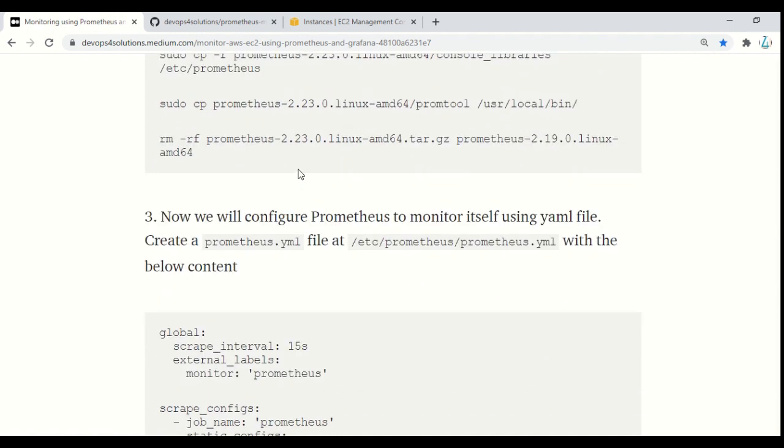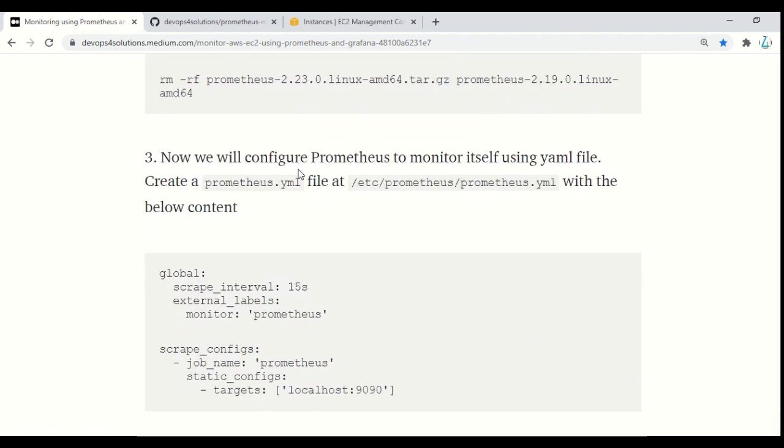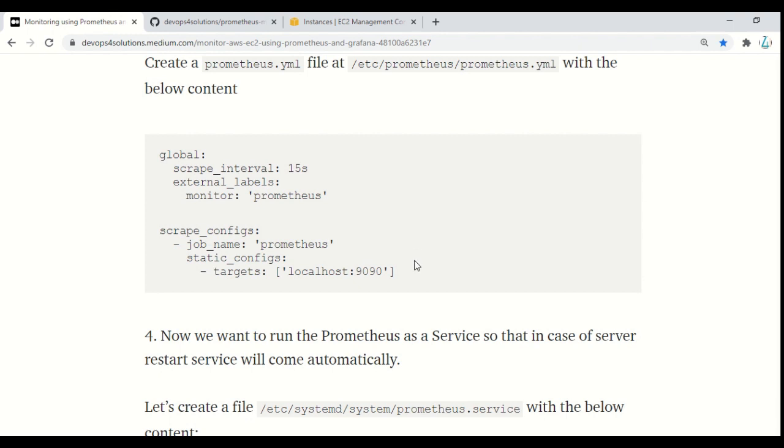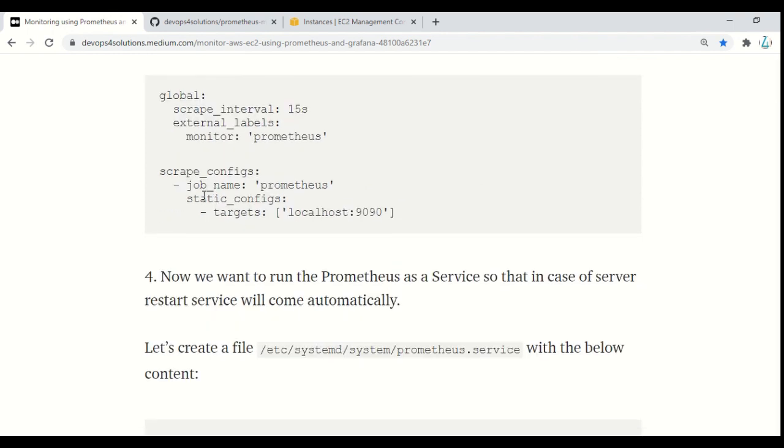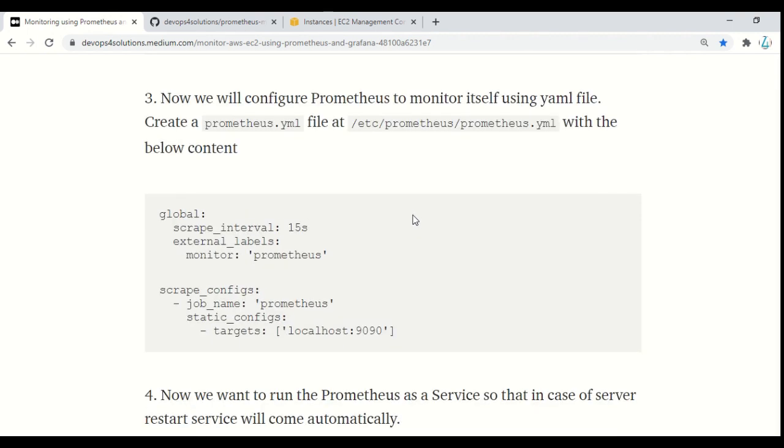Once this is done, your Prometheus installation is done. Then we need to configure Prometheus so that it monitors itself. How do we do that? For that, you need to create this file, etc prometheus.yaml, with the below content. This is where Prometheus actually comes into the picture. Here I have set the scrape interval to 15 seconds. It means every 15 seconds, it will try to fetch the data from the target machines. Here I have provided a static configuration. This time my target is just this Prometheus server only, so it will monitor itself. This is my configuration for your first basic testing.